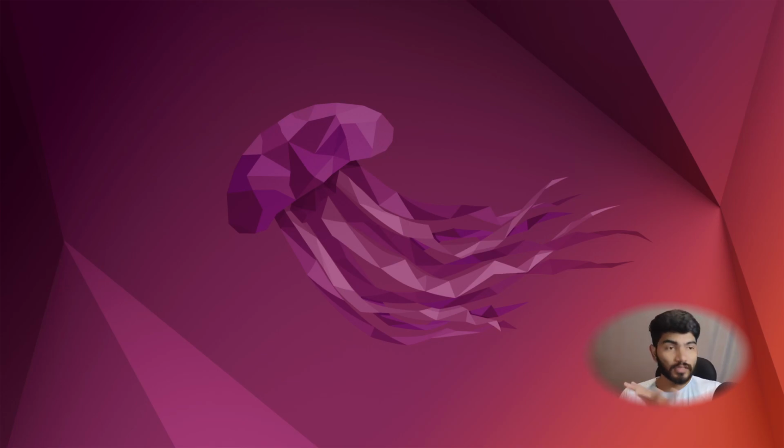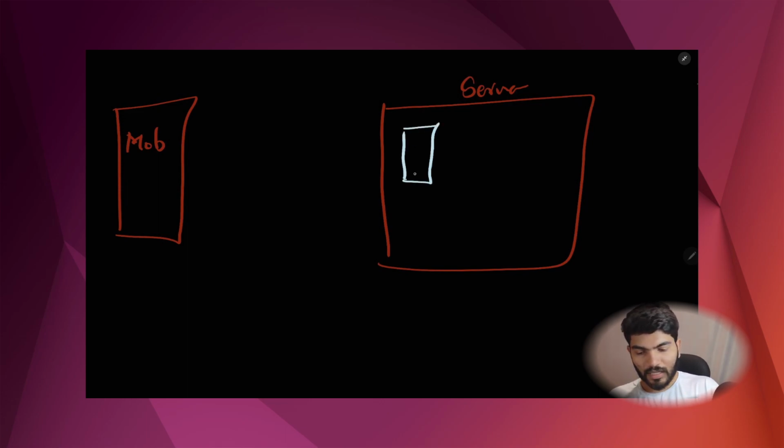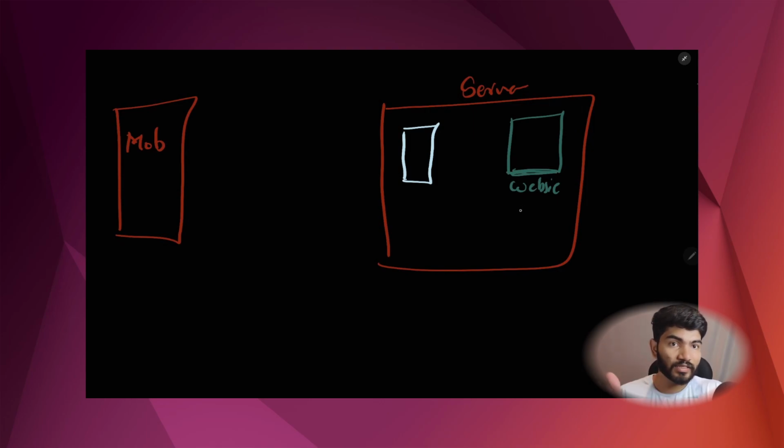Okay, in order to understand this, let's use a little bit of visuals here. Imagine this is the server right here, and this is the mobile of the user. Let's type mobile here, and this is the server. In the server, if you remember, we have the Nginx setup. So this is the Nginx, and the green one is our website. Let's suppose website. Basically, what the Nginx reverse configuration is: when we start the server of the website, it will start on some XYZ port locally, like